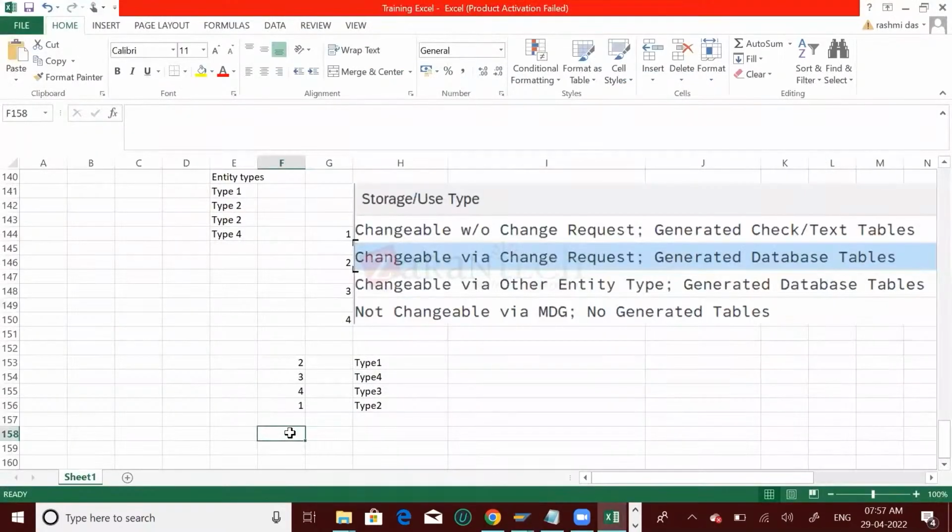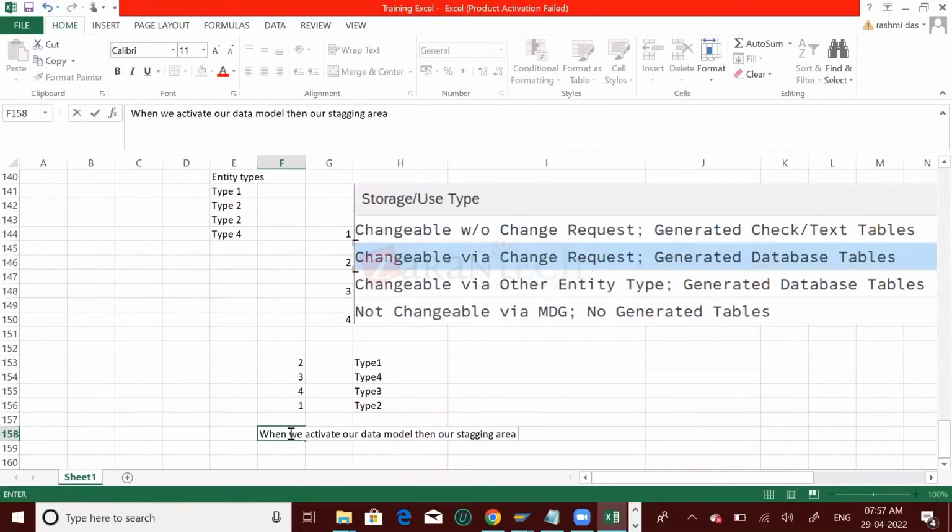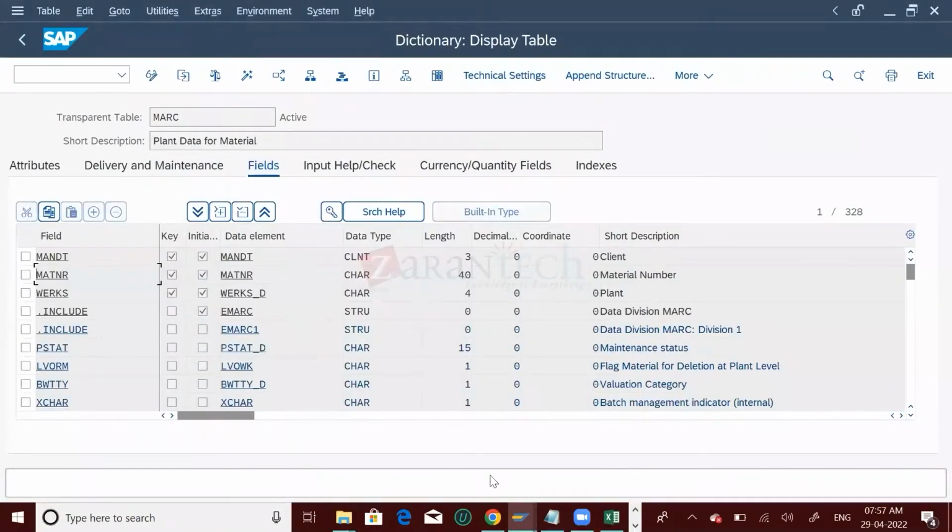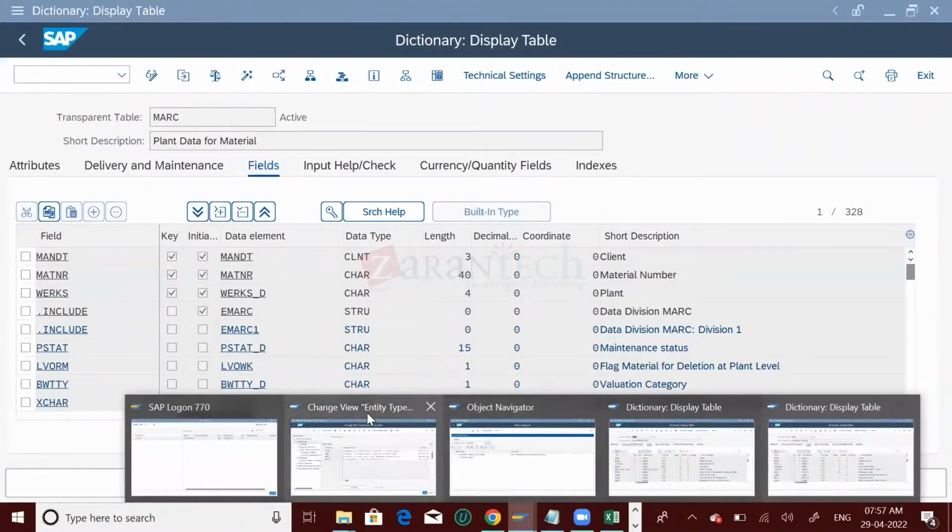So they can ask when the staging area is created. Okay, when we activate our data model, then our staging area is created. Got the point? So what we did here